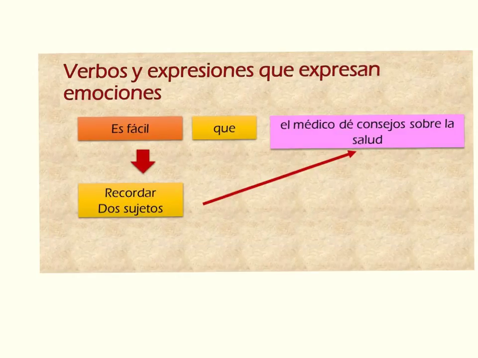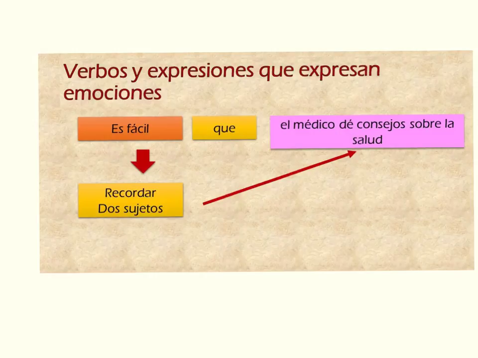Okay, this is another example of a subjunctive sentence. We have an impersonal phrase, okay, es fácil. And we have a second sentence or a subordinate clause, okay. Es fácil que el médico dé consejos sobre la salud. Now we have here two subjects, an implied subject and a second subject, two verbs. We have a subjunctive trigger of emotion, and therefore, we conjugate the second sentence